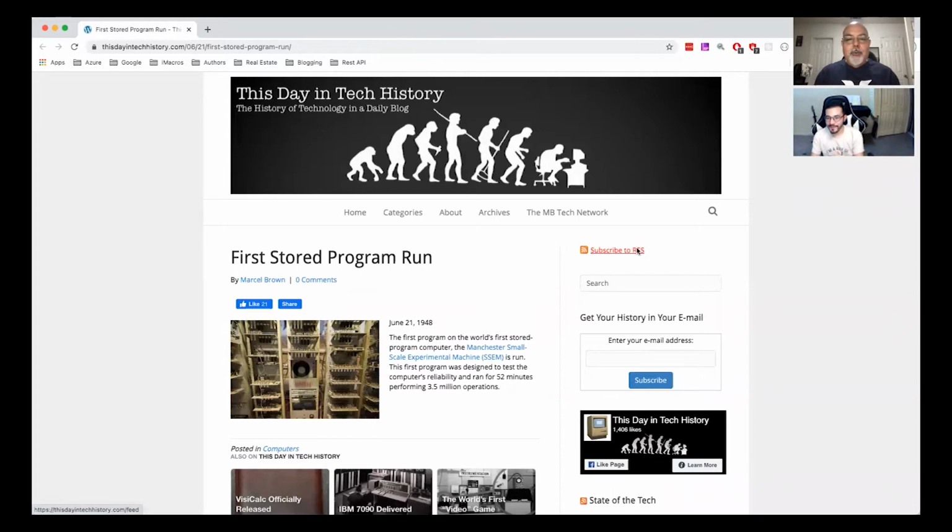The first stored program, Manchester's small-scale experimental machine, better known as the SSEM. So the first program was designed to test computers' reliability and ran for 52 minutes, performing 3.5 million operations. Wow, that's pretty good. Wow, in 52 minutes. I think now computers run 3.5 million in like a blink of an eye. Yeah. In 1948 standards, that's like...